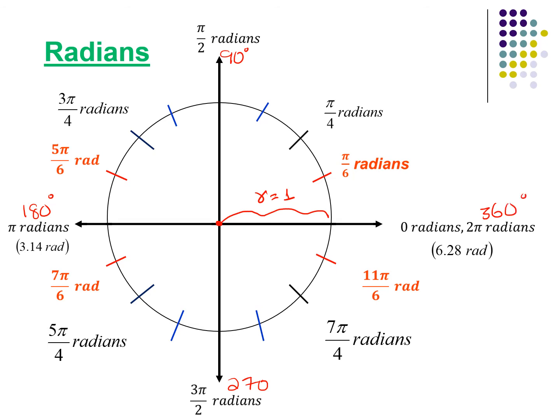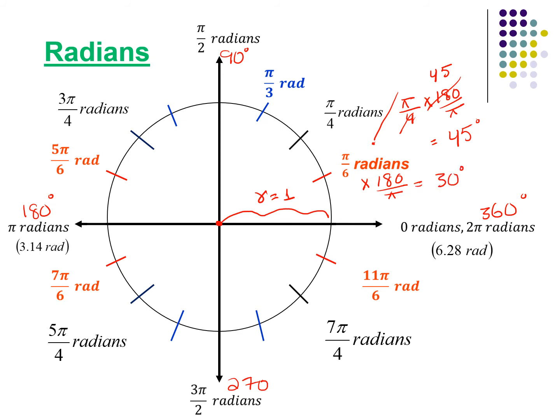Now, wherever radians are given, you have to convert them into degrees. Pi over 4 times 180 over pi, you will get the answer, of course, in degrees. So 4 times 1 is 4, 4 times 4 is 16, and 4 times 5 is 20, so you will have 45. Pi over 6 times 180 over pi, if you write it, you will get 30 degrees.